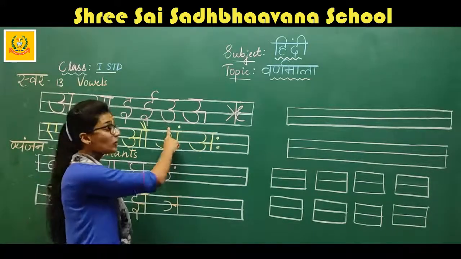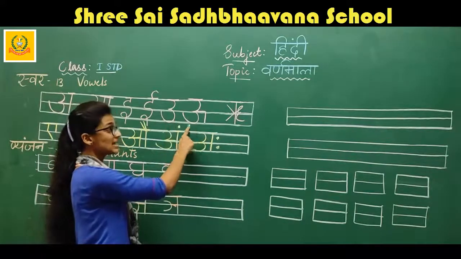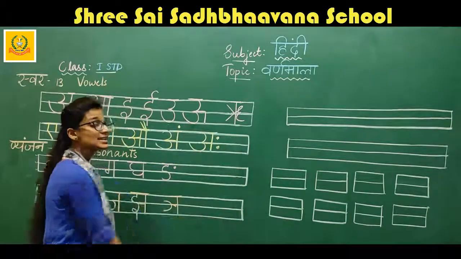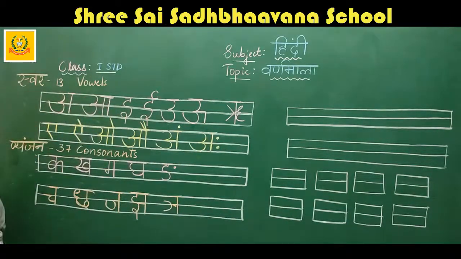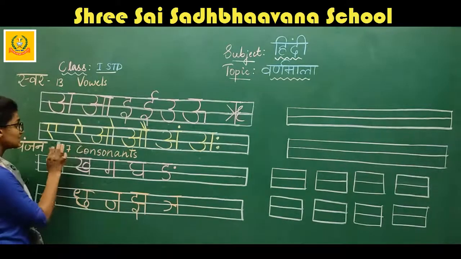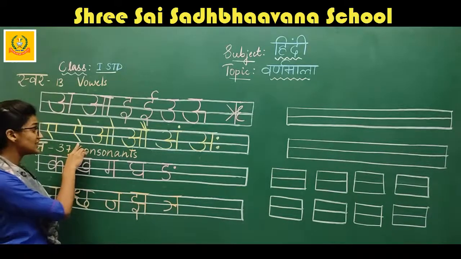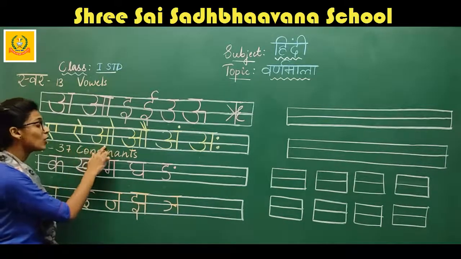U says upahar. U says und. Ru says rushi. A says ek. I says ainak. O says